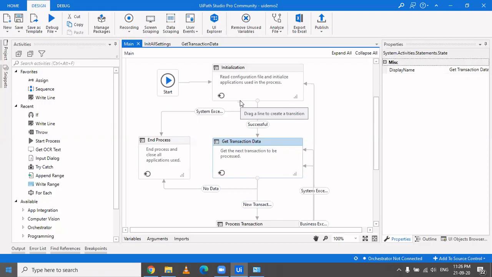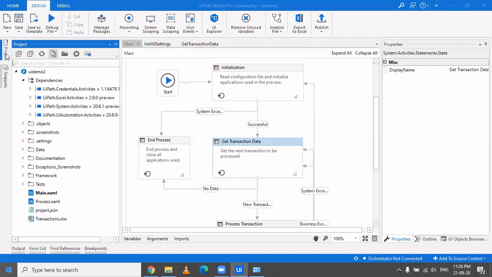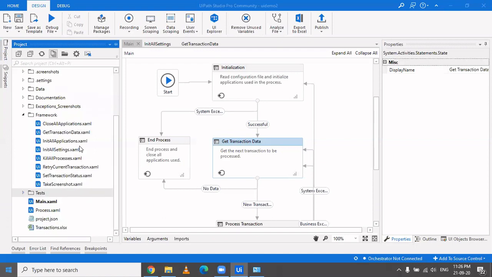So the RE framework is an architecture, or you can say an enterprise framework, which is developed so that your code is all very modular and compact, and you have the retry mechanism logic in place. There are a certain number of files and workflows which you get as default already here. If you just go to this framework section, all these files are already created. You just have to manipulate and modify them according to your need.